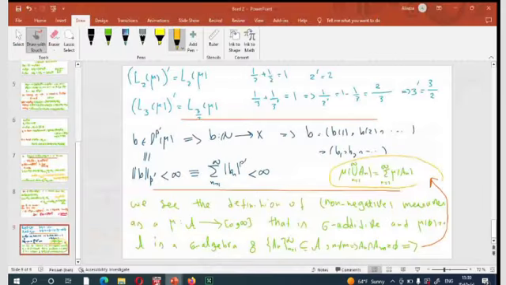So in this chapter, instead of measures whose values are in this interval, we see measures that map elements in a sigma algebra to real numbers or complex numbers. Okay,